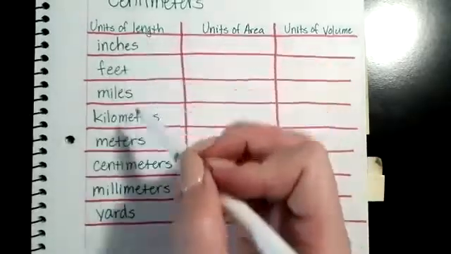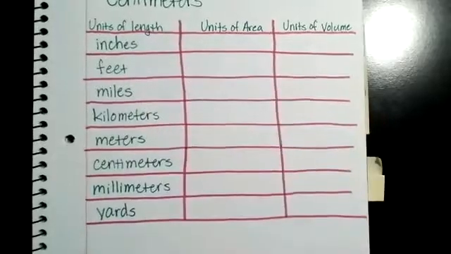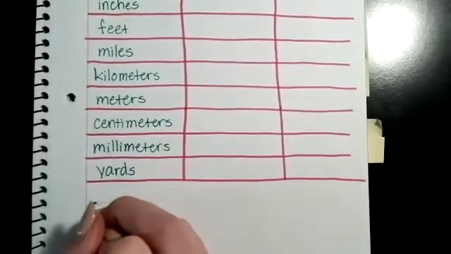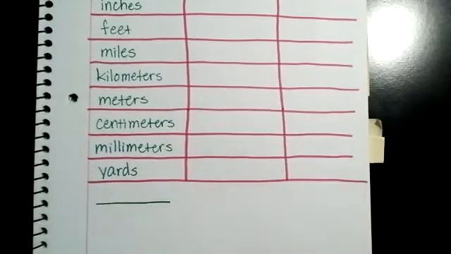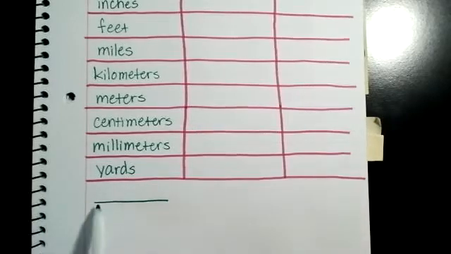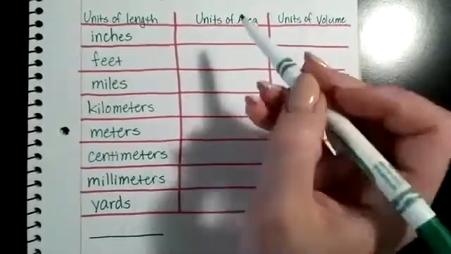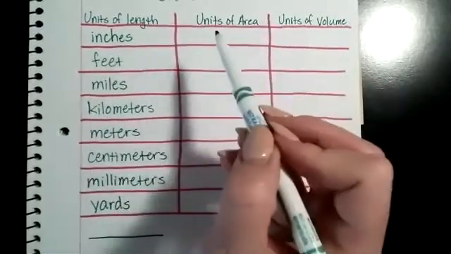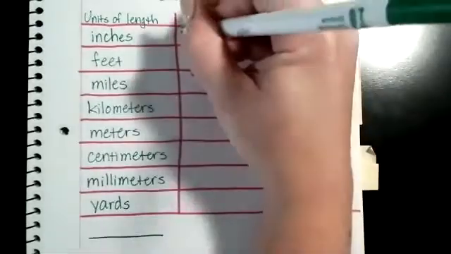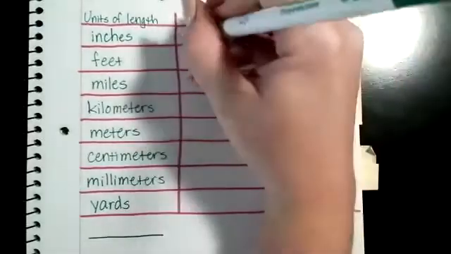Okay, so when we are measuring using these units of length, we are measuring something that is linear. That means it is a line. It's one straight line. So linear means just one line, right? Now, when you were in third and fourth grade and you started talking about measuring area, you probably started to get familiar with terms like this. For inches, you didn't say that the area was inches. You would say it was